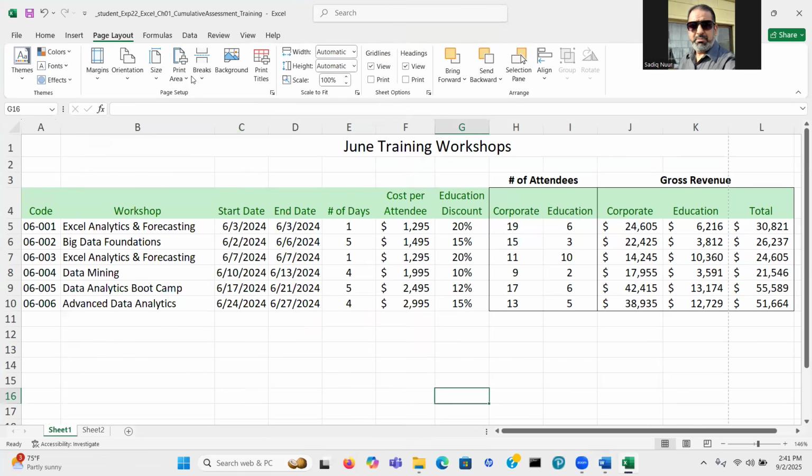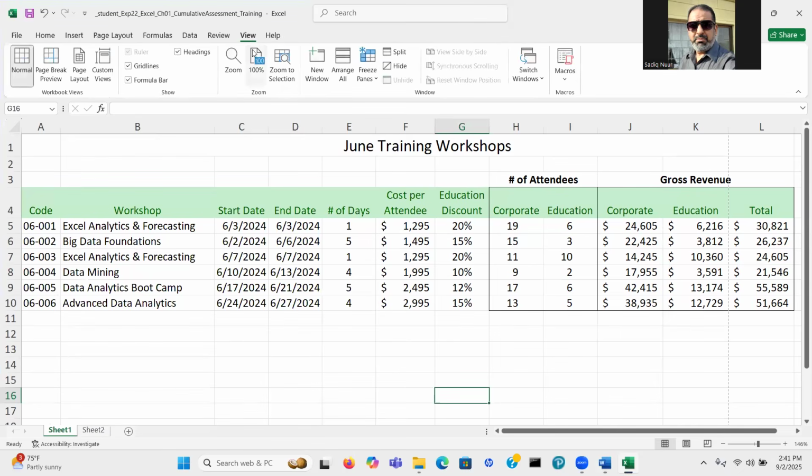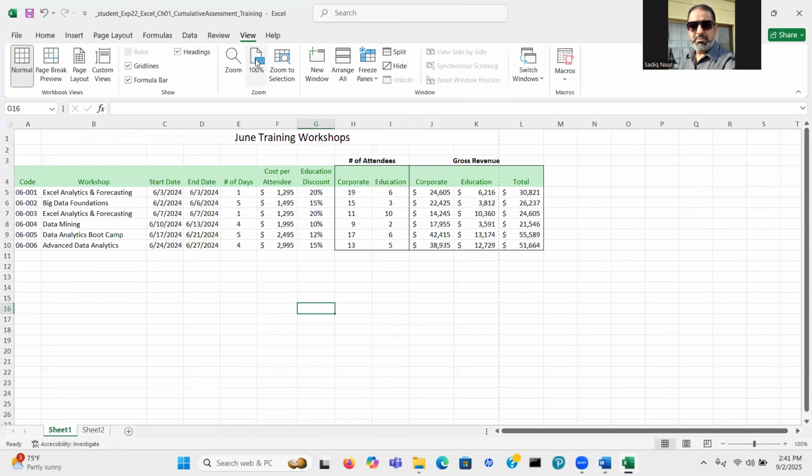So obviously we need to go to the View tab, and then the Zoom, right? So if you click here, 100%, or you can go here, and then we're going to change custom and then 90,